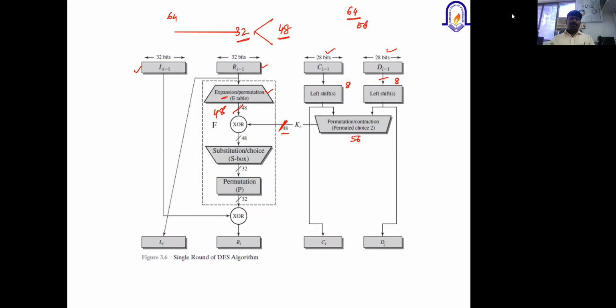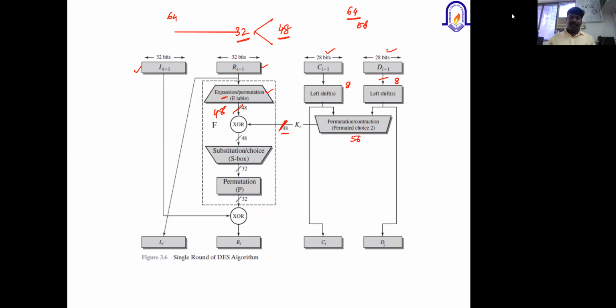Welcome back to the course on cryptography and system security. During our previous session, I had started discussing the block cipher technique, as well as different design principles through which we can design a block cipher. Under that, we discussed different factors like block size, key size, the round function, the complexity of the subkey generation, and the possibility of hardware as well as software implementation for the encryption and decryption process.